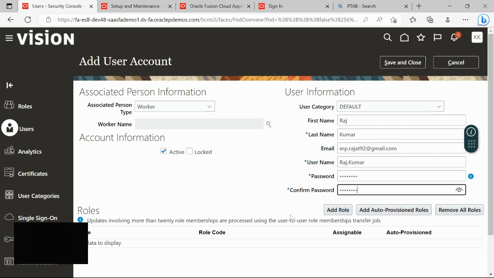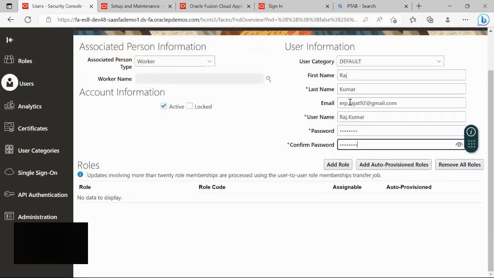I want to give some roles to this particular user. Here I want to create an implementation user. Accordingly, I want to give the implementation roles to this particular user. So if I click on this add role button here,